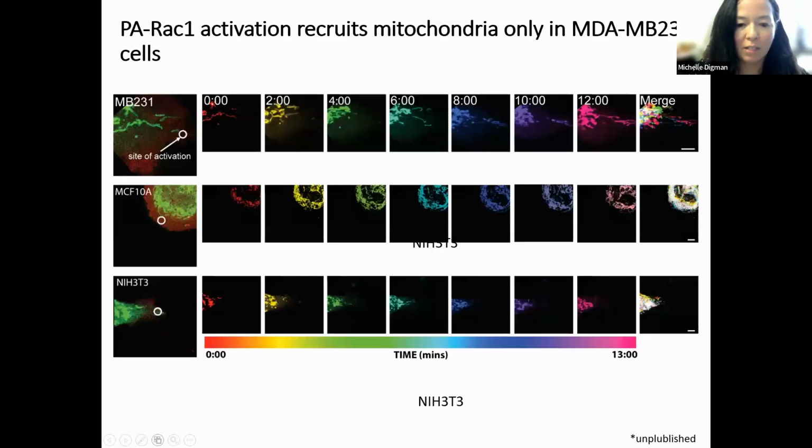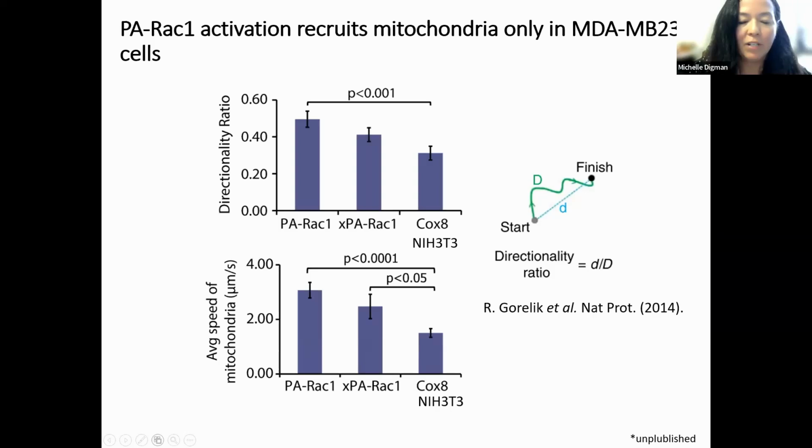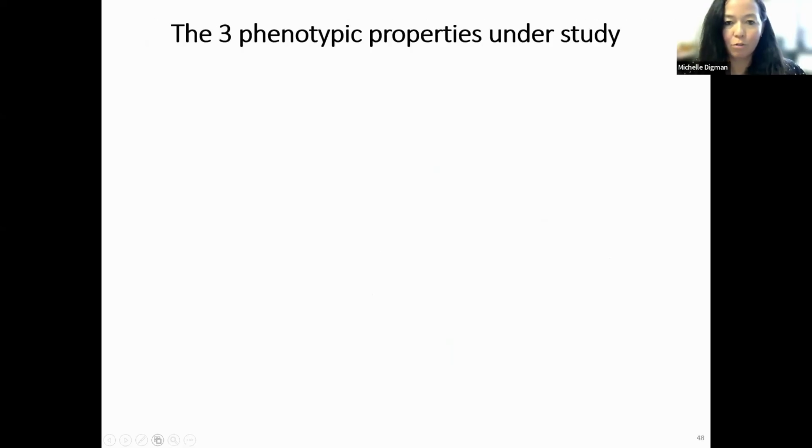And so that was interesting. We did a lot of analysis. And then when I talked to Klaus, he's like, oh, don't photoactivate RAC, just see what happens, wait the time. And so we did that. So we have photoactivatable RAC. You see there's a directionality preference when we photoactivate RAC, and we see mitochondria being recruited there. When we don't photoactivate RAC, there's still a recruitment of mitochondria. And these are NIH3T3 cells, these are control cells, and we don't see any directionality preference. And then the average speed of the mitochondria is increased here compared to just the speed of mitochondria without doing anything